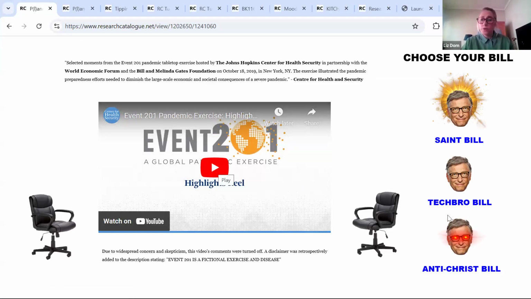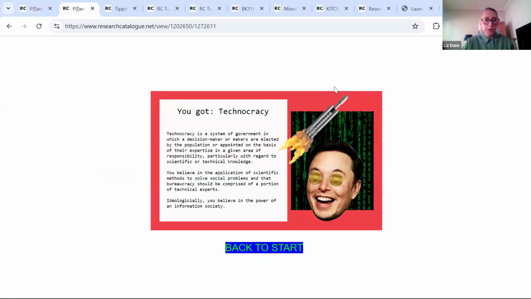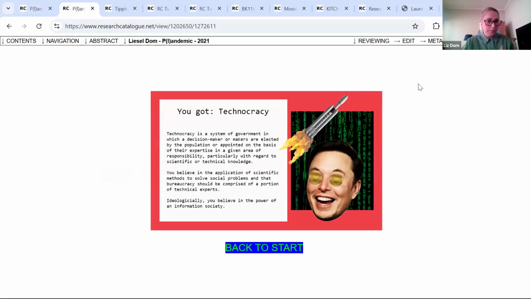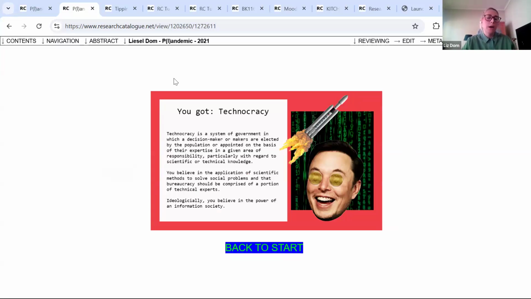You can play videos, for example, and as you go through this RC, it may eventually lead you to an outcome. So this was part of my research. I can show you. You can see the second screen now, yeah? Has it moved to the next tab? So basically at the end of this, it would spit out almost like a BuzzFeed type of quiz result, and then share with people what their ideologies might be. So this was my introduction to the RC, and I used it almost as an artistic vehicle.